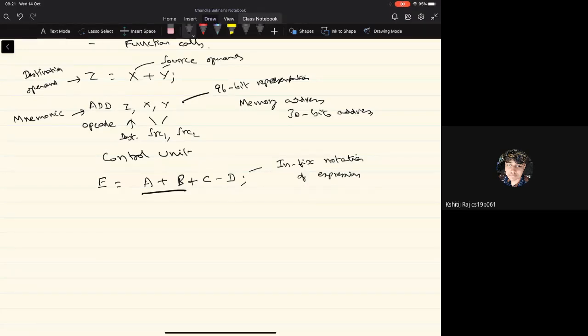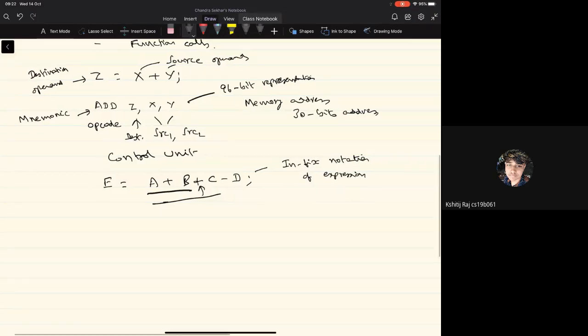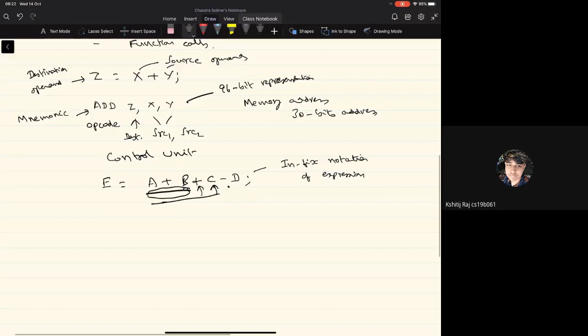After I get that, we have another add operation associated with this operator. What are the two operands for this? It is the result of this, and then this. Once I complete this operation, I have the next arithmetic operation where one operand is the result of this expression and the other operand is D.